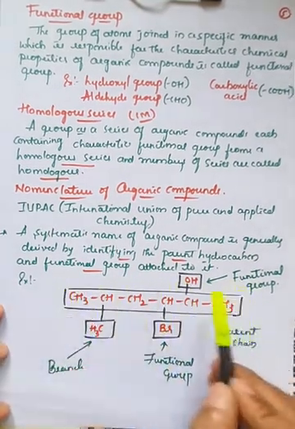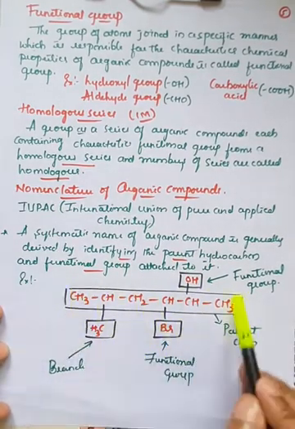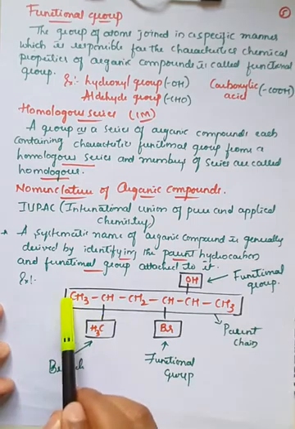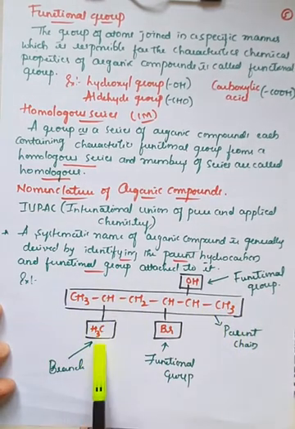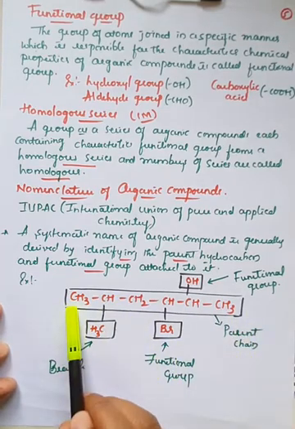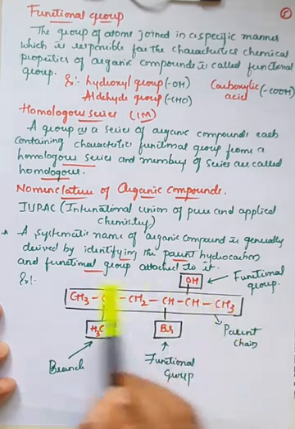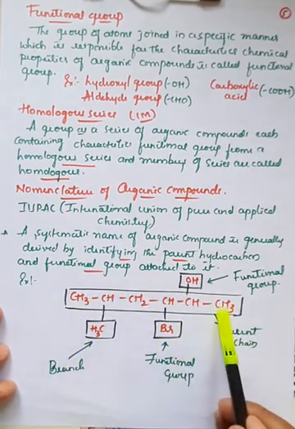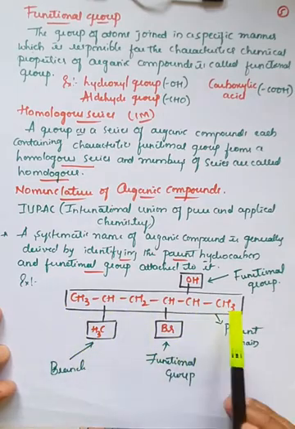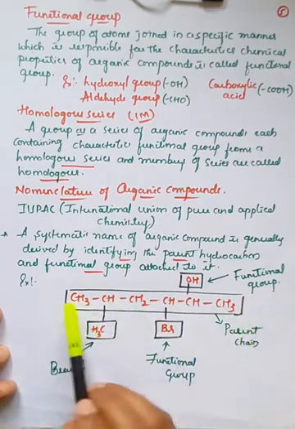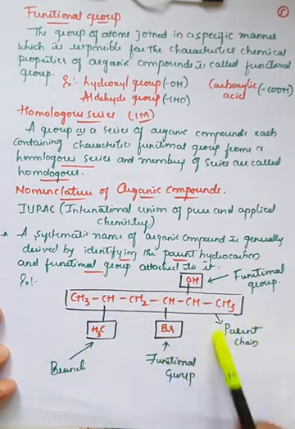In this example, which is different from the earlier one, you can observe in this box arrangement that this is one chain, this is a second chain, and this might be the third chain, right? Out of these three chains, the first chain, carbon, carbon, carbon, carbon, carbon, carbon, consists of 6 carbons, and its length is more. Therefore, this chain is recognized as the parent chain.